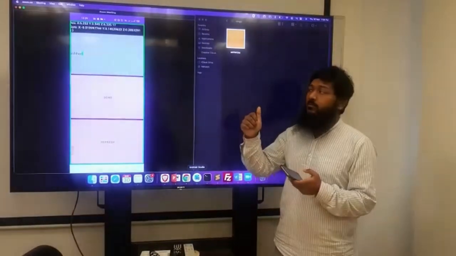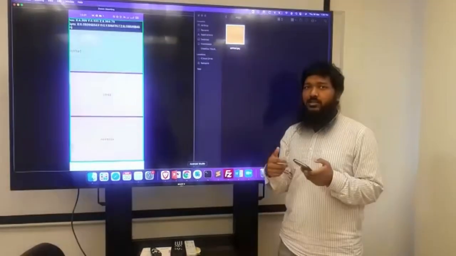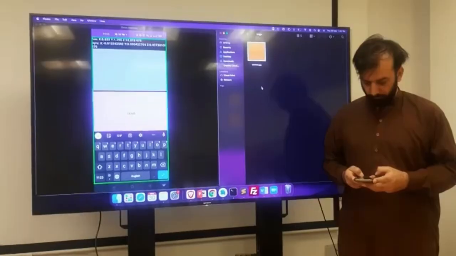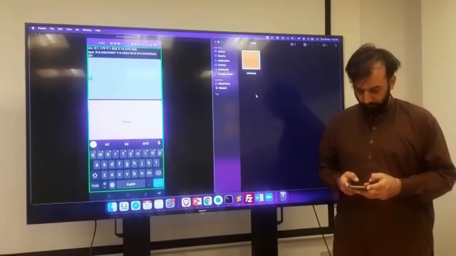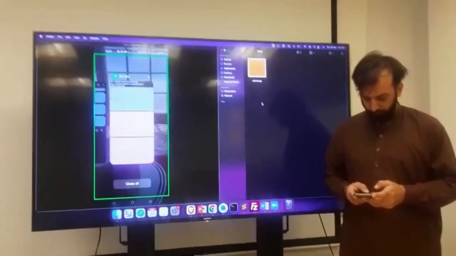So once the activity is done, a unique fingerprint has been generated. Now let us imagine that somebody takes over my phone and gets full access to it. Imagine that Adnan has got access to my phone and he has been able to get my password also. Refresh.